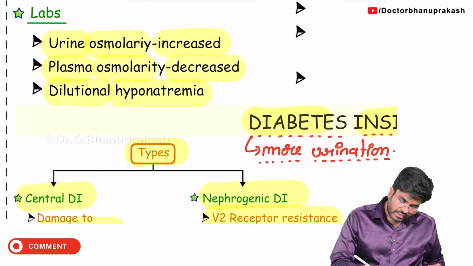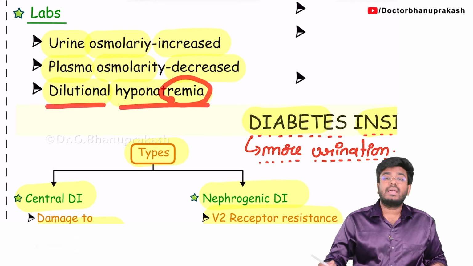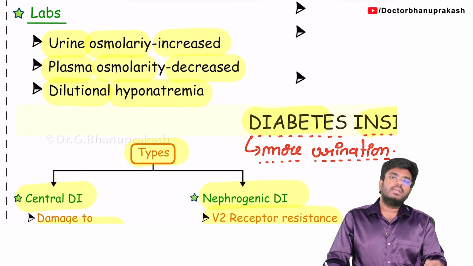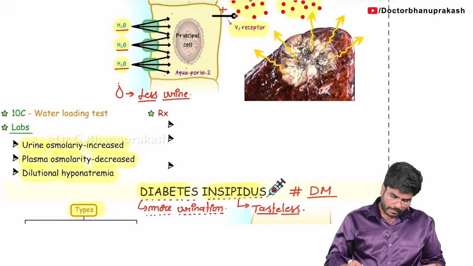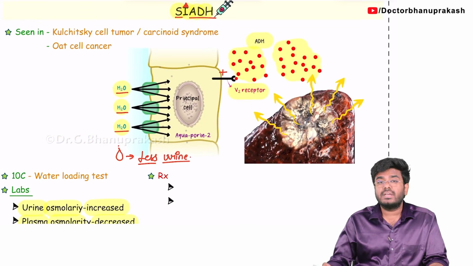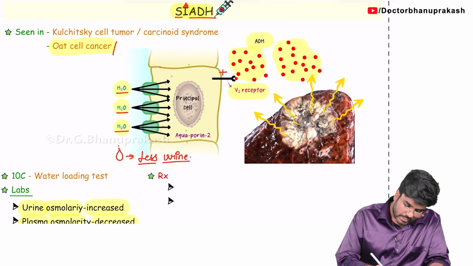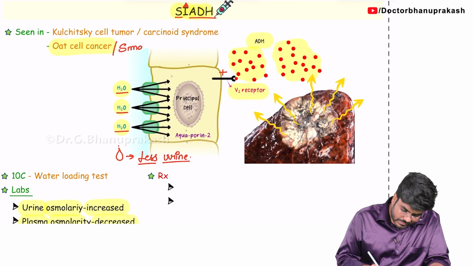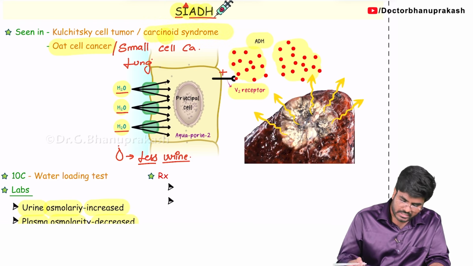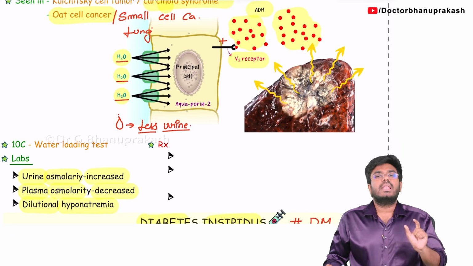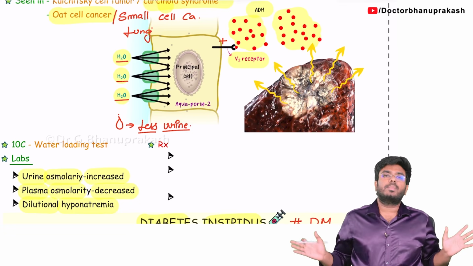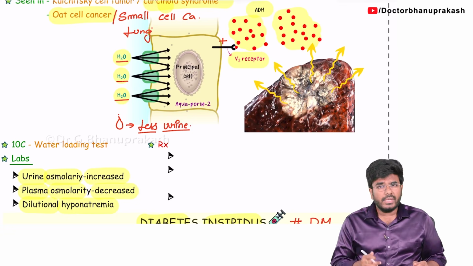Okay. So now if they ask you, dilutional hyponatremia is seen in SIADH, where the urine is concentrated but the plasma is diluted. Now tell me, this SIADH is seen in which cancers? It is associated with oat cell carcinoma of the lung, also called small cell carcinoma of the lung. It is also associated with the carcinoid syndrome, and other conditions also. But the main thing is more antidiuretic hormone is there, so more water reabsorption, less urine production, concentrated urine, diluted plasma, and dilutional hyponatremia is going to be seen.